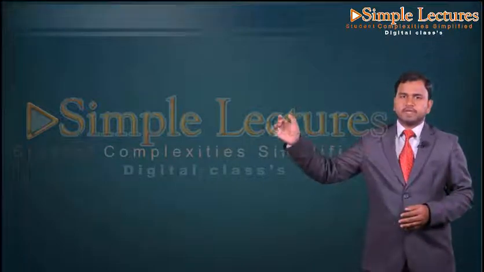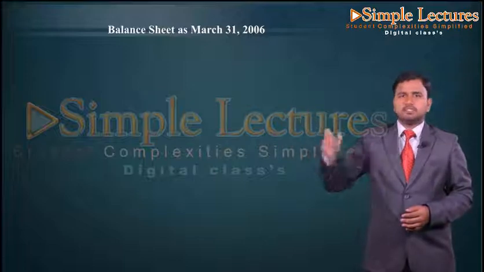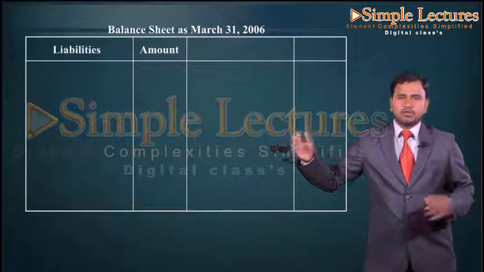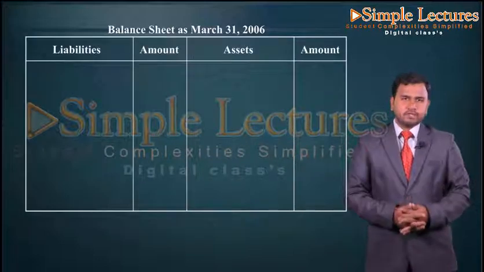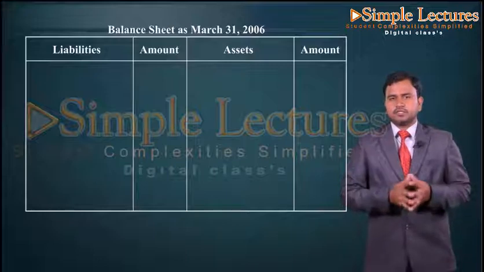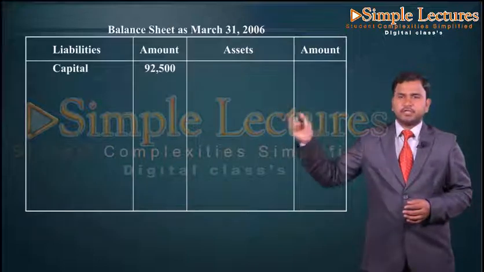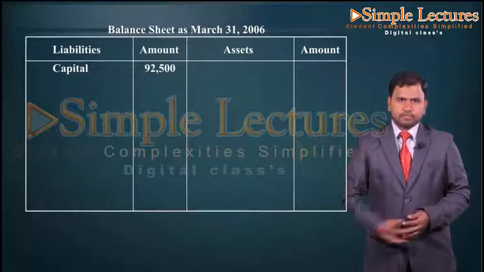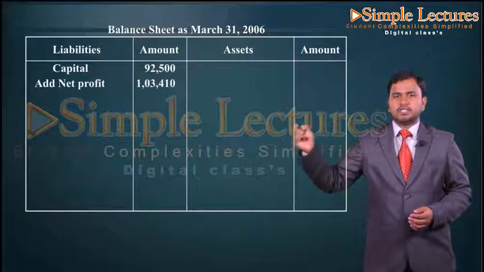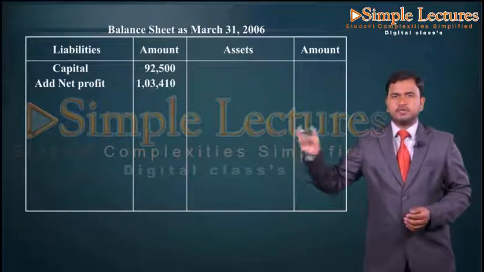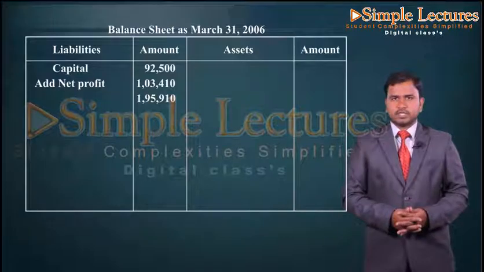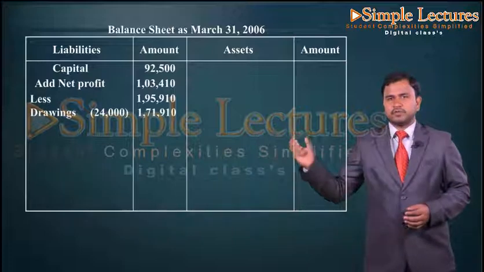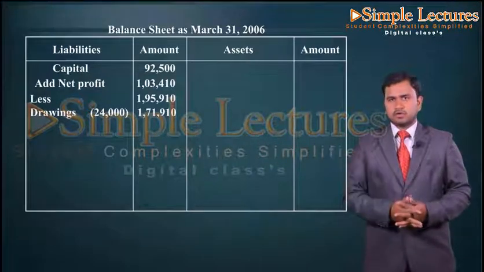So let us take the heading balance sheet as on March 31st, 2006, where the format will be liabilities amount, assets amount. So let us start with the liabilities side, where first we are going to take the capital. So capital we have 92,500. Let us take in the inner column. To that we are going to add the net profit. So add net profit 1,03,410. Then the total will become 1,95,910. So from this we are going to deduct the drawings. So less drawings we have 24,000 and the total for the outer column will be